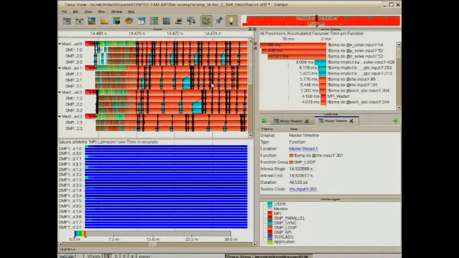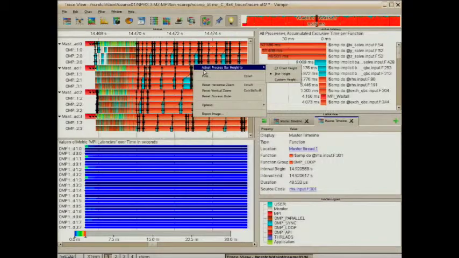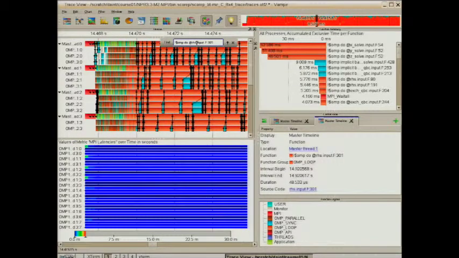Clicking works for all kinds of collectives. So the OpenMP barrier is a collective from the OpenMP perspective, but if you have an MPI barrier in there,